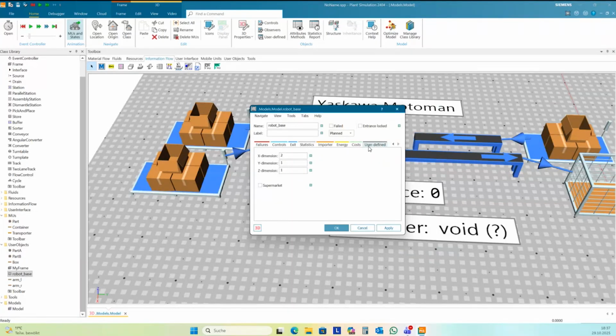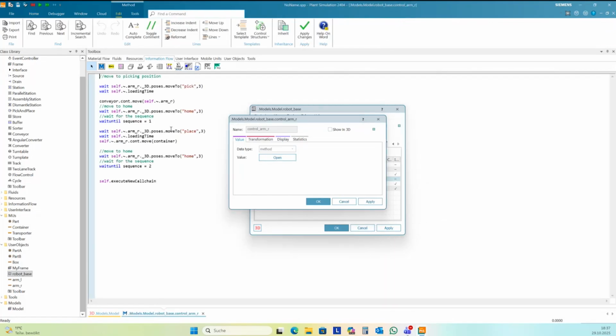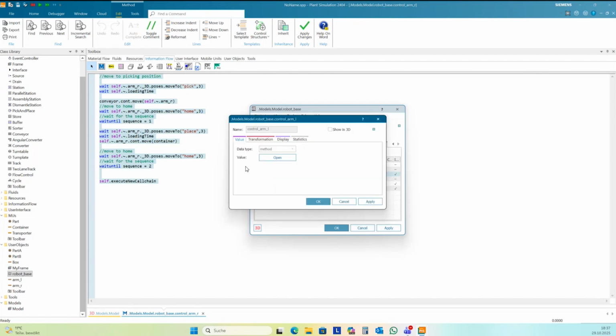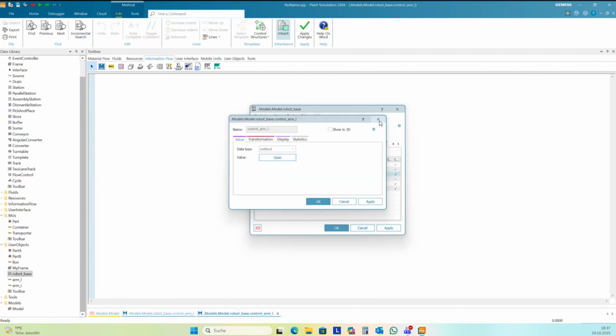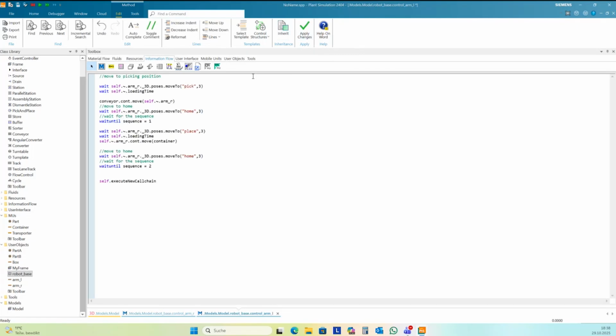So I can take the robot arm program from the right arm. I just copy this all and move to the left arm control. I switch off the inheritance. And now I only need to change some points here. It's the left arm.